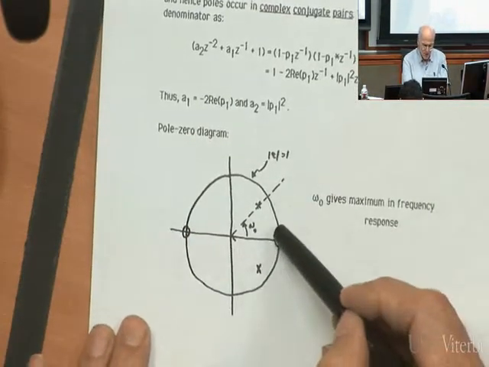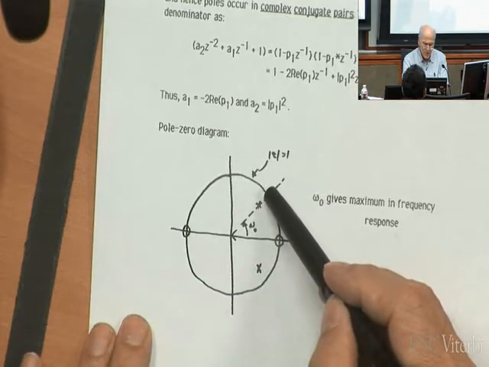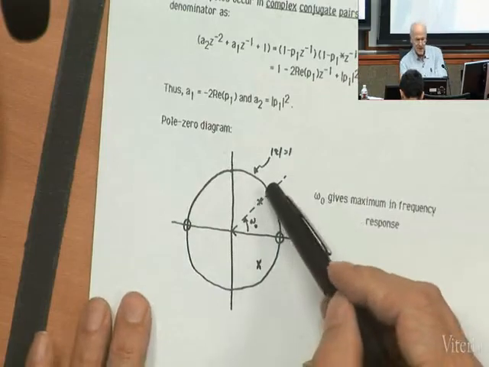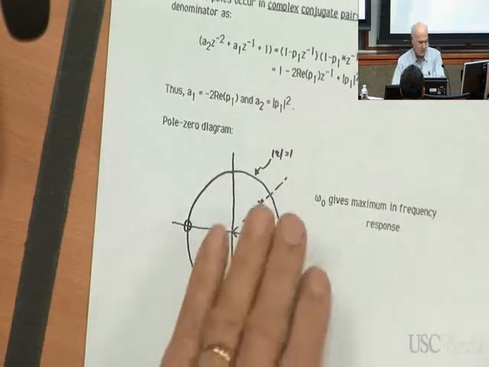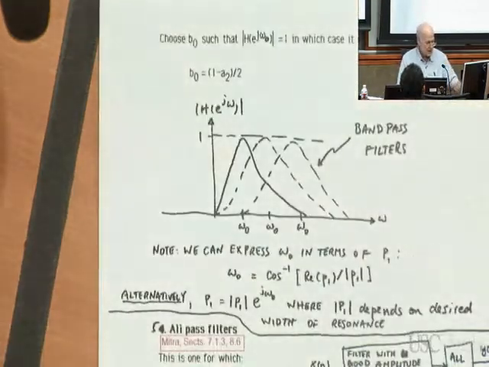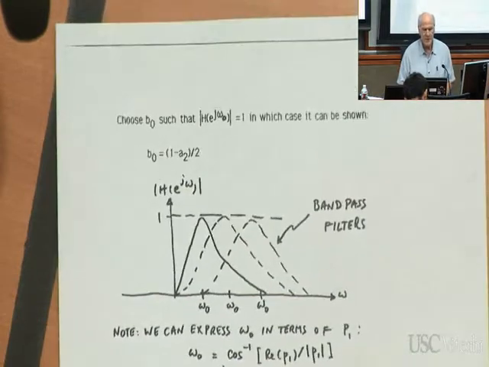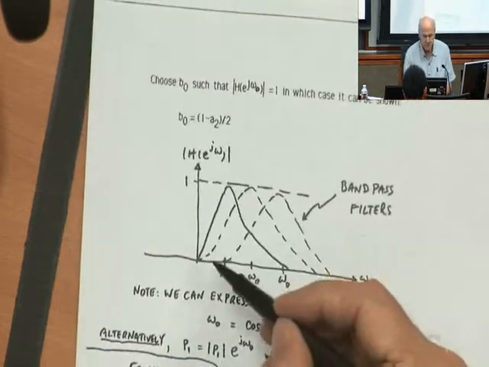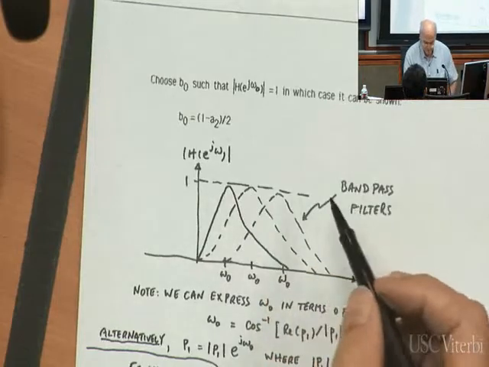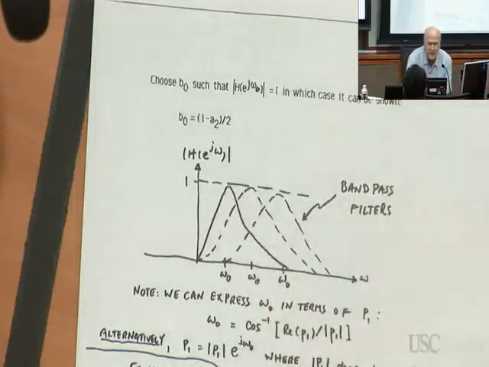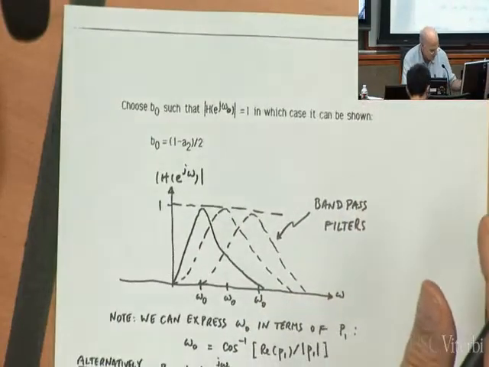So as you walk along the unit circle, you get close to omega naught, you'll actually have a maximum. Depending on where this pole is, you'll have a maximum because that's closest to the pole. If you choose the constants appropriately, as I define in the set of notes, and sketch the magnitude frequency response, you will indeed get a peak right at the particular frequencies that you chose, with a maximum magnitude of unity. So that's why these are called